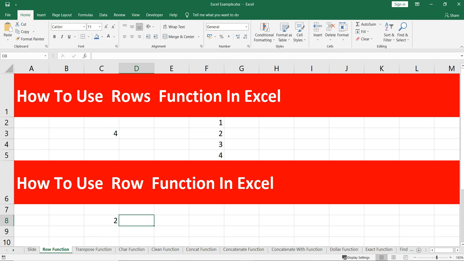So the ROW function is used to get the row number of a cell reference, while the ROWS function is used to provide the number of rows in each reference or an array. So that's the difference between ROW and ROWS. Now the question is how you can use this ROWS function, when you will be using complex formulas in Excel. In our previous videos we discussed the INDIRECT function, which we had used in our OFFSET formula also.